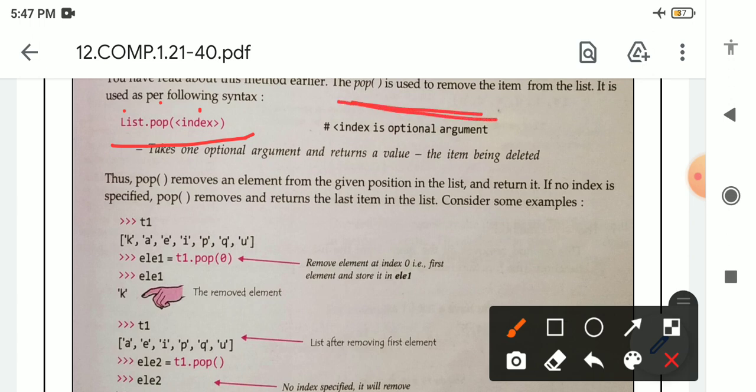Here index is an optional argument. Anything present inside the parentheses is known as an argument. Here the index is present, so the index is the argument, and it is optional in the pop method. Pop is mainly used to remove an element from the list according to the index number.